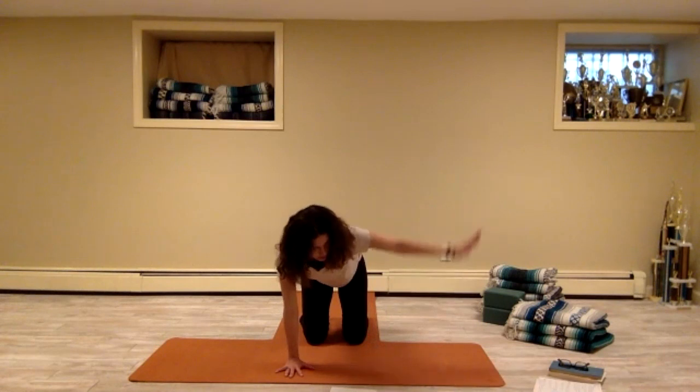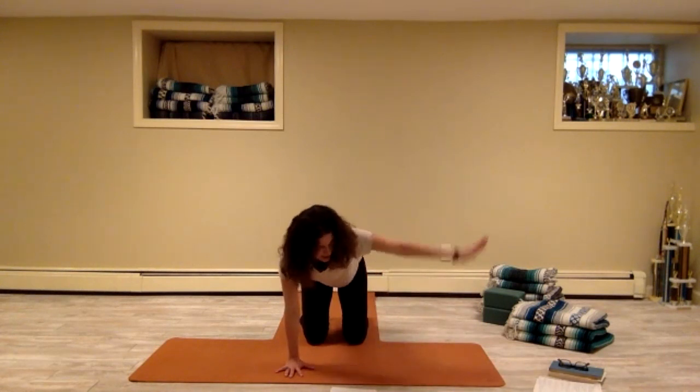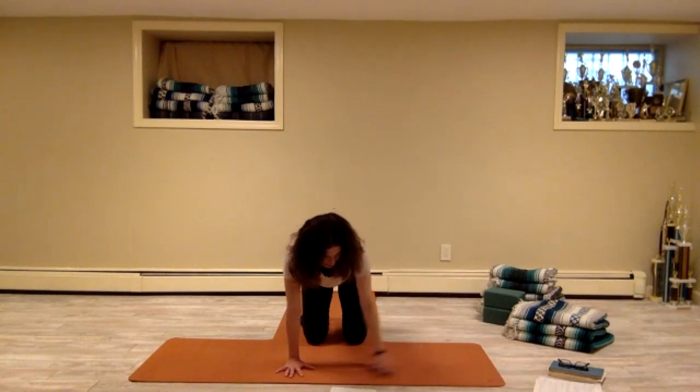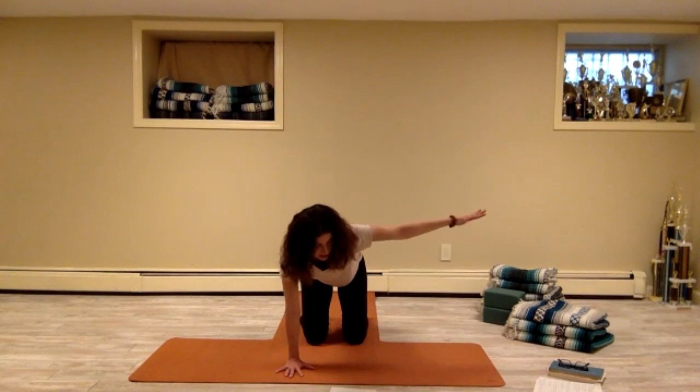So simple. 2, down. 3, down. 4, down. 5, down. 6, down. 7, down. 8, let's lift that right arm out to the side, reach it forward, the palm faces the midline,